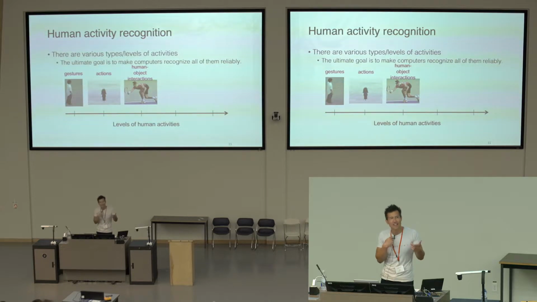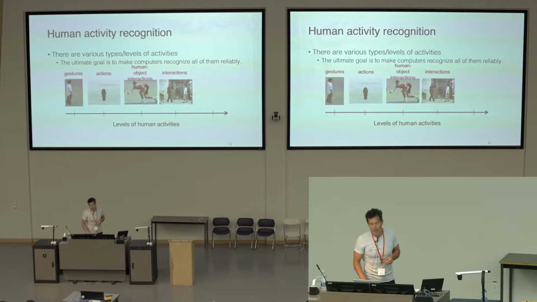Okay, so this context and the interaction with objects and what's going on around you is very important when it comes to understanding actions. Right? So it matters, these human-object interactions, detecting the objects in the scene, detecting what's going on. It's more than just the body pose and what the person's doing.